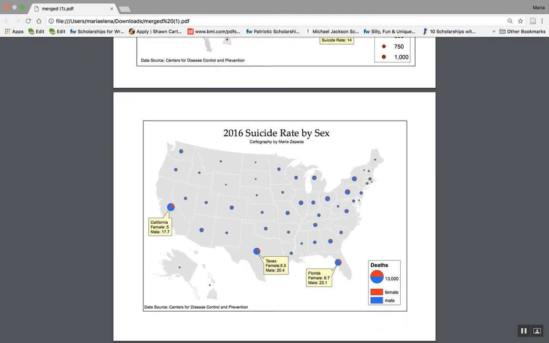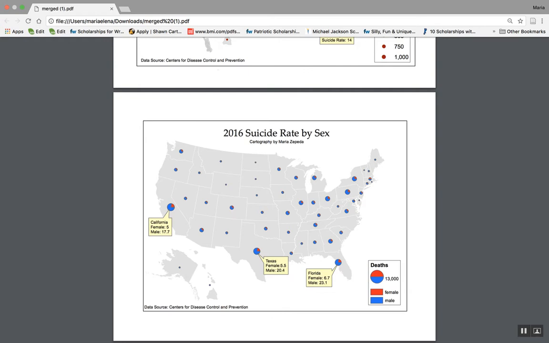For my last map, I chose to depict the suicide rate per state through pie charts. And focusing on the suicide rate per sex. So the size of the pie chart again is determined by the number of suicides. Each state has a pie chart that is divided into 2 fields, female and male, which I assigned a color to each, which I think will be easy for the audience to acknowledge and quickly see what sex has an